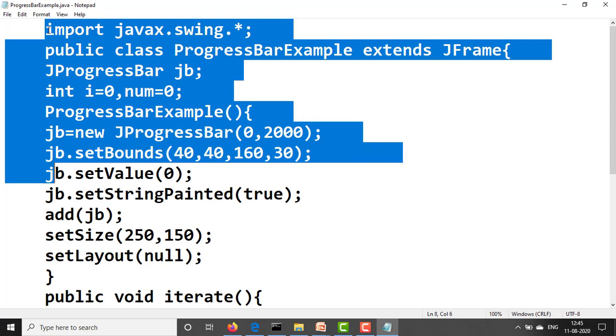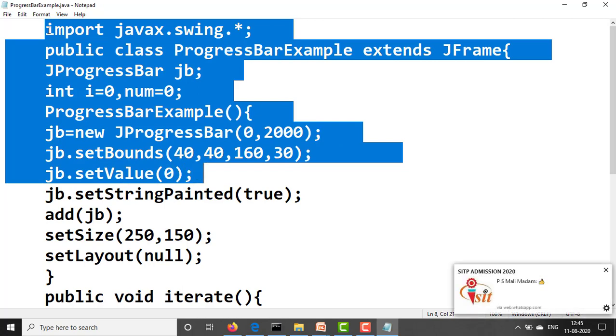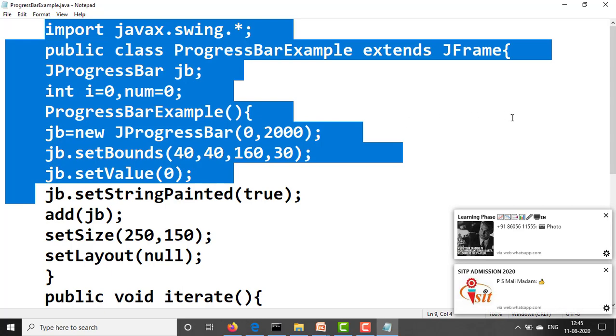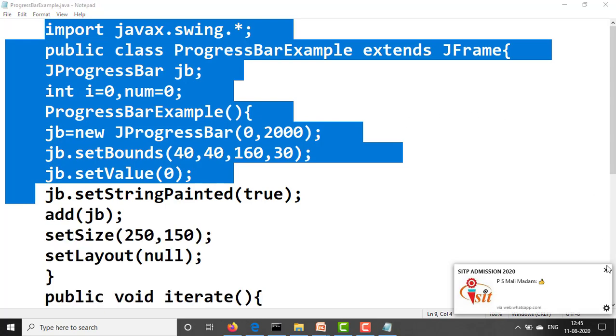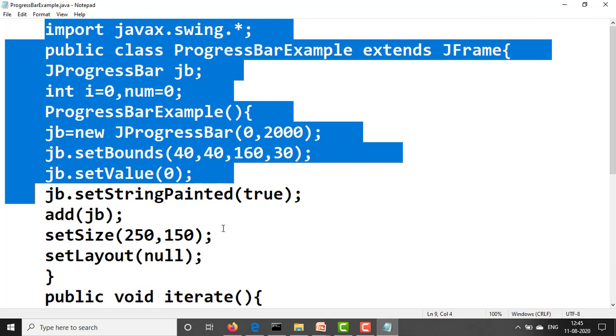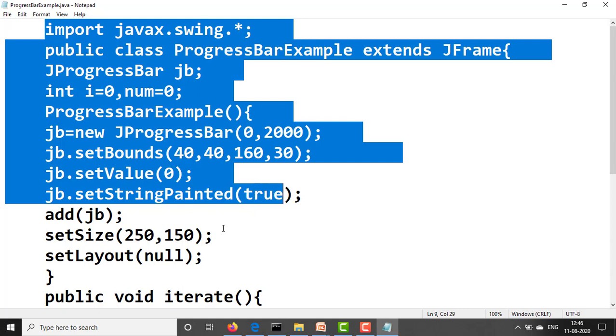Next jb.setValue(0); the initial value we have set is 0. Next jb.setStringPainted(true).